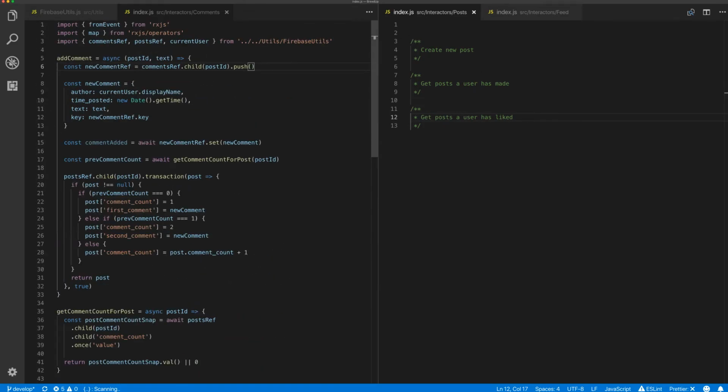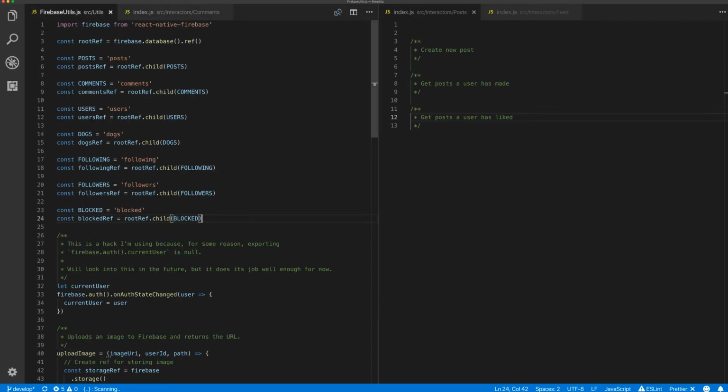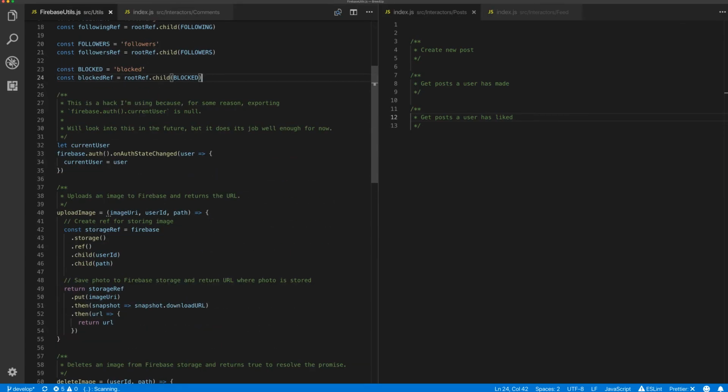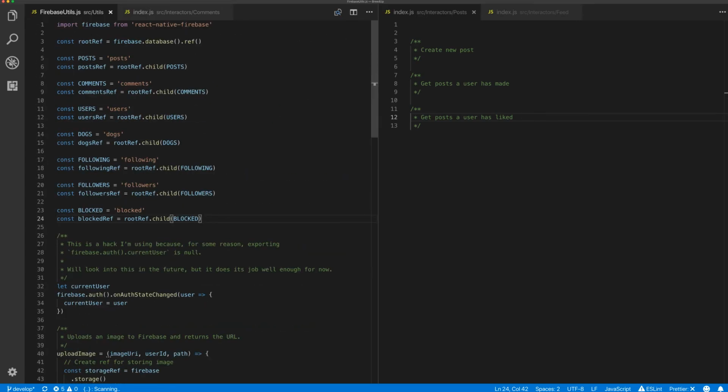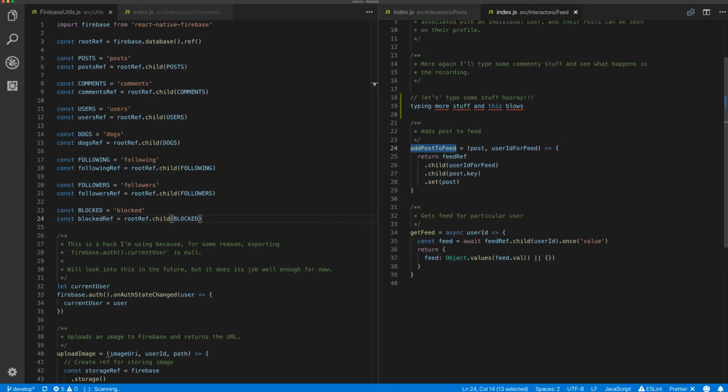A little bit of RxJS in here, and then, uh-oh. That was almost bad. Anyway, I've got my Firebase stuff here. I hope I don't show anything that I'm not supposed to show. Upload image, delete image, just some Firebase utils. And yeah, so